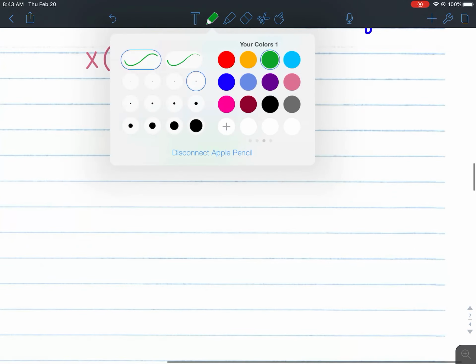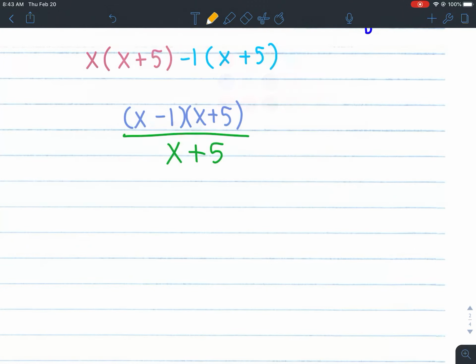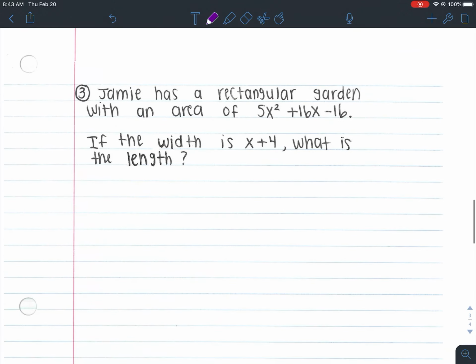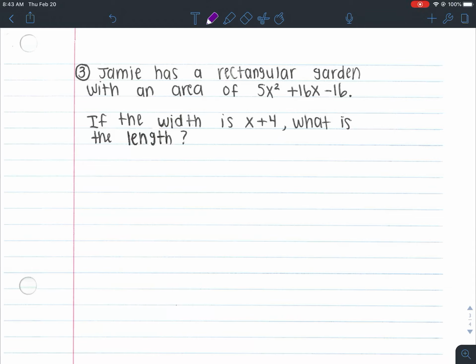Okay. Well, what's our common factor here? Just x plus 5, right? So that means our solution is x minus 1. Okay? All right, and then last one, it is a type of word problem, but you're doing basically the same